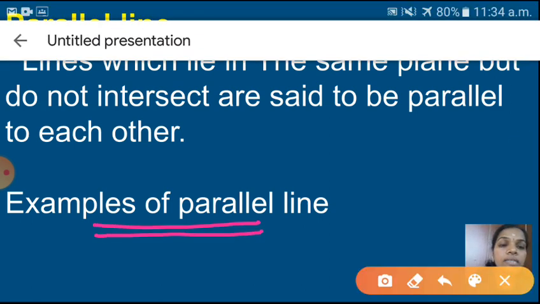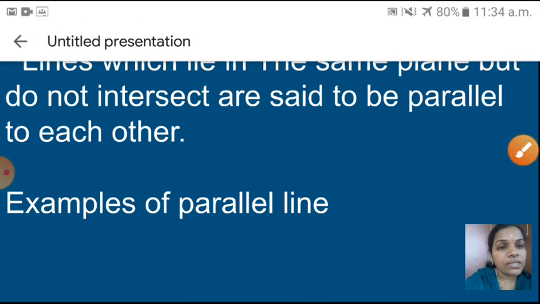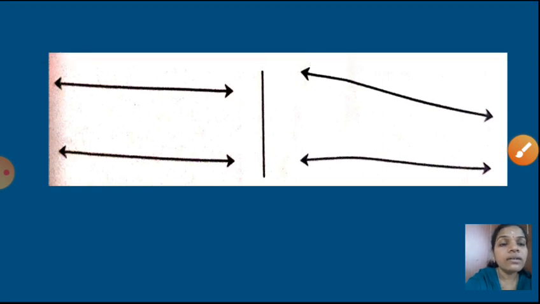Children, can you say an example of parallel lines? Yes, a railway track. Now, if you are holding your mobile in your hand, observe the opposite sides of the mobile. Yes, it is also an example of parallel lines. So children, this is your homework: minimum 5 examples of parallel lines you have to study. Okay, shall we go to next? Children, see here, two sets of lines I have given here.